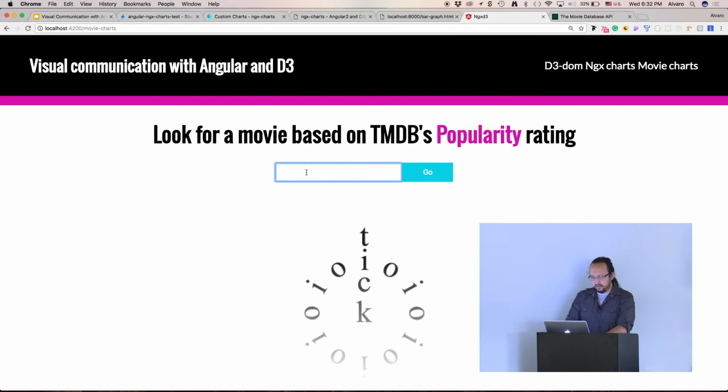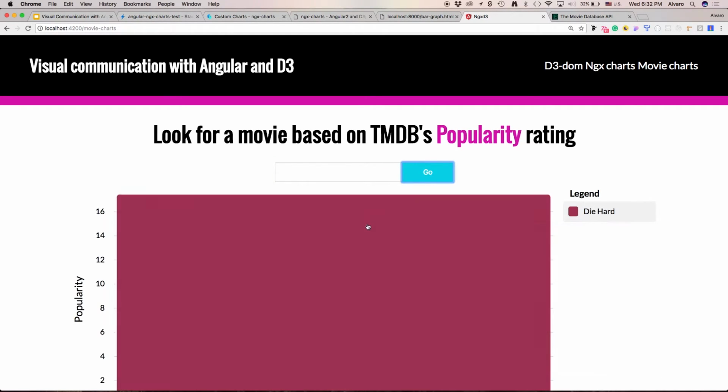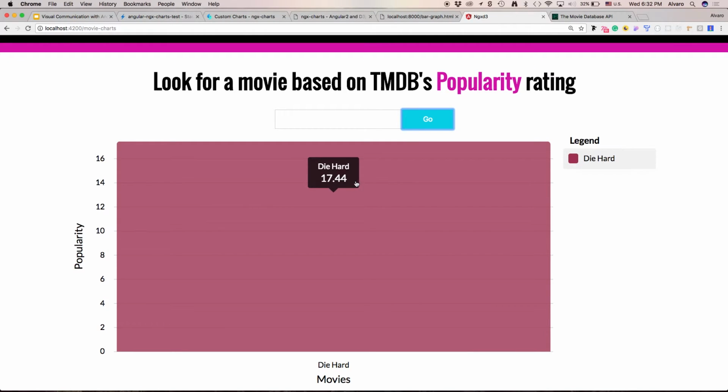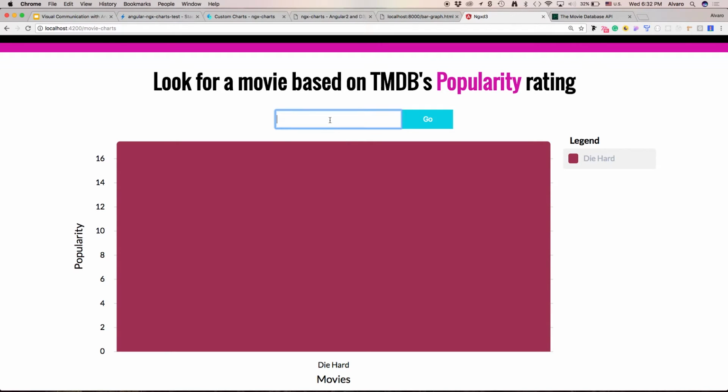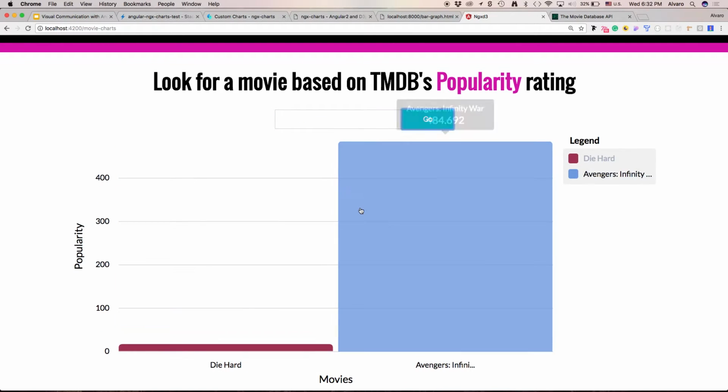So let's look for a movie like my favorite, Die Hard. As you can see, it has a popularity of 17. It is probably not as popular if we compare this to the Avengers. And now you can see this, everything that I explained about enter, text, scaling, everything is being handled directly from these components. The only thing that I did was